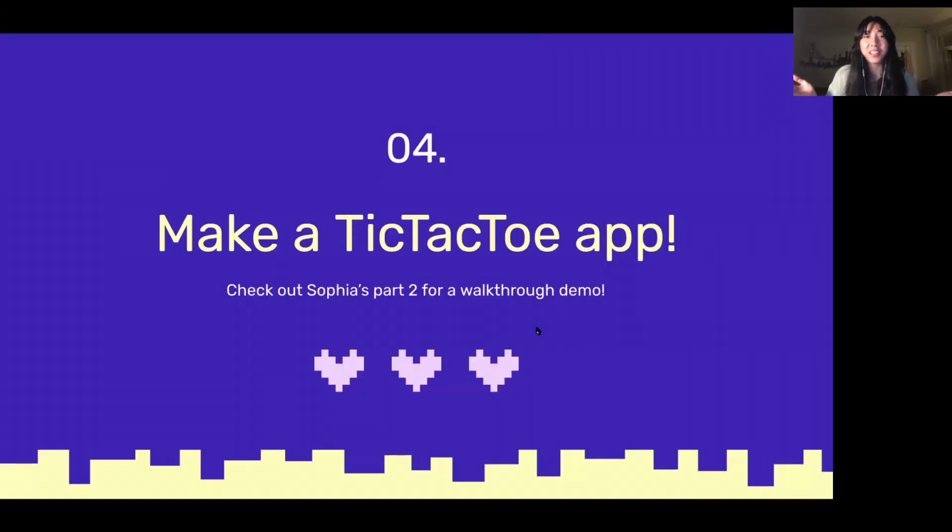All right, now that you have a baseline understanding of React, you can start making dynamic web apps with it. React is a lot of fun and makes front-end code easy to write and debug. I got more comfortable with it by working on as many projects as I could and by using it in my internships. I also learned a lot by Googling, Stack Overflowing, and Medium.coming. I definitely recommend playing around with it and making different apps. Definitely check out Sophia's walkthrough demo in part 2 to make a basic tic-tac-toe app.